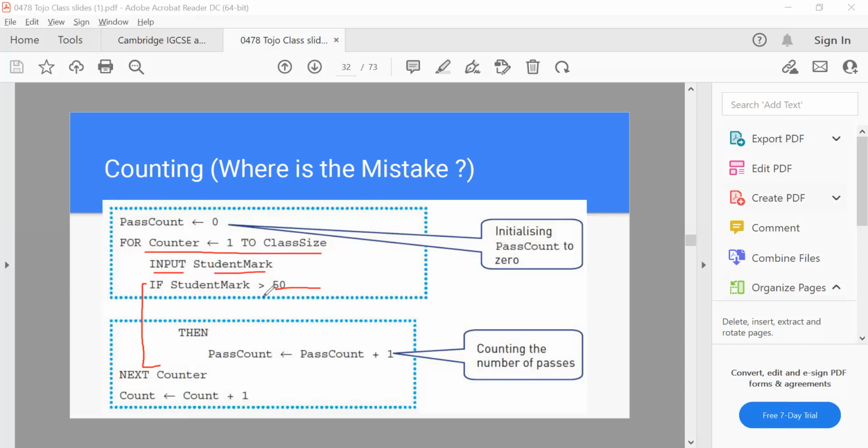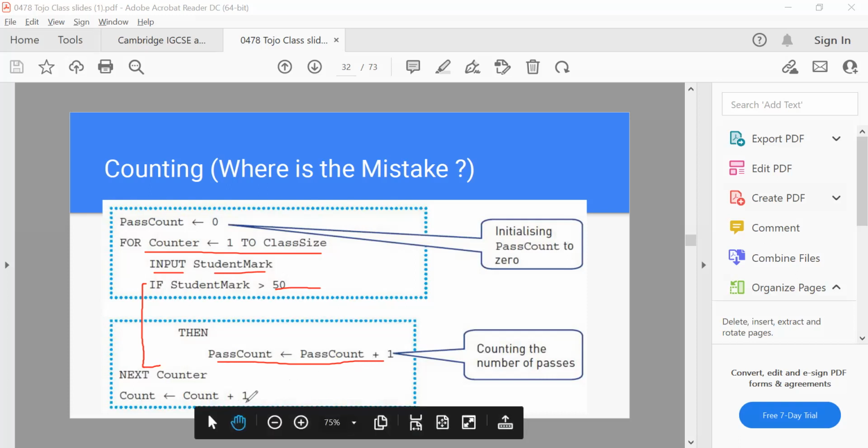And if it is bigger than 50, he will increment a counter. This is what he's going to do, right? Okay. And then he is also doing something here. Why do you think that he's doing that count?